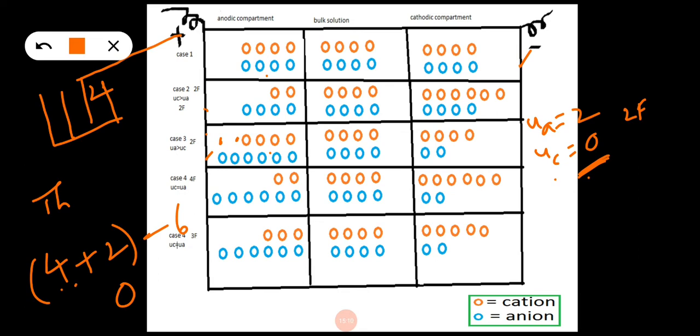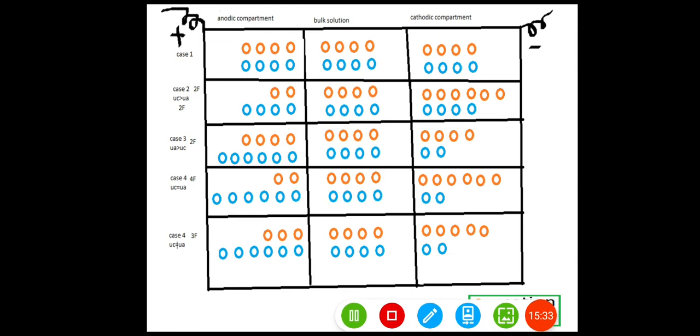So the difference in the theoretical value minus observed value will give the speed of ion. So the increase would have been as we expected if no ion had moved out of the anodic compartment. But the cations are moving out of the anodic compartment, so the increase is not as expected. Let us consider this case also.